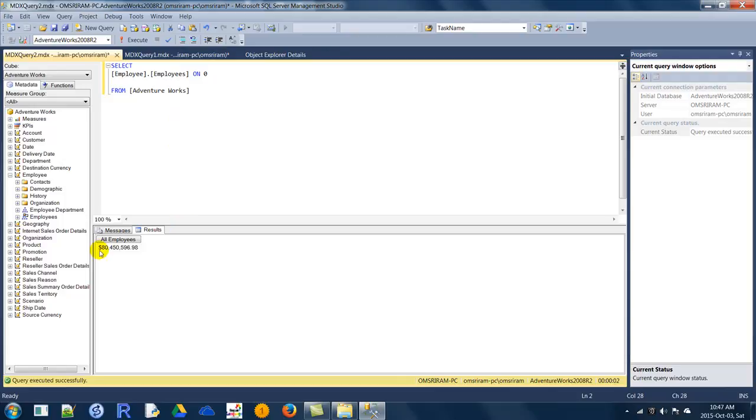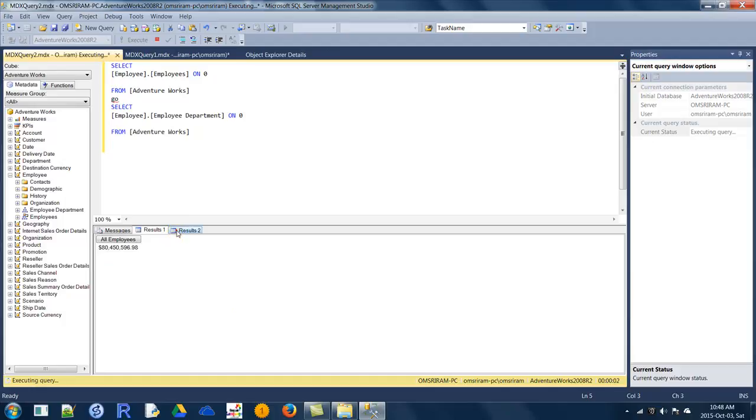Mainly the employee hierarchy. If you want to get the same thing here, employee department, would it work?